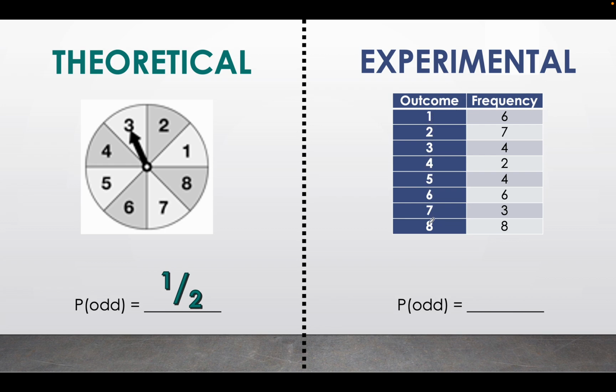The first column shows the outcome, all of the 8 possibilities of what I can land on this same spinner here on the left. I can land on a 1, 2, 3, 4, 5, 6, 7, or 8. And the frequency tells me how many times I actually landed on each of those numbers. So first we need to figure out how many total times I spun the spinner by adding up all of the numbers in the frequency column. And then I'm going to tally up how many of them were odd numbers by adding up how many times I landed on the odd numbers on the spinner. When I do that, I get a total of 17 odd numbers out of 40 total spins.